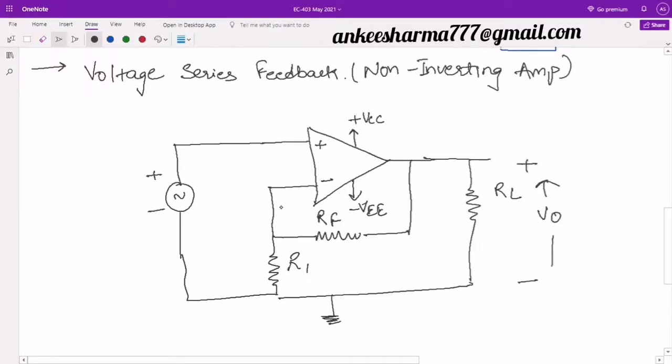Now look here, if this is my RL, so definitely this is my voltage across this RL. I will name this voltage as V0. Look here, this voltage which is across these two terminals, or across this load resistor RL, is also available between this point and this point. If you look here, there are two paths. One is this one, which is denoted across RL as V0, and the second one is the voltage between RF and R1. If I take this dotted path, the voltages across RF and R1 must be equal to V0. So this total voltage is not going back to my inverting terminal.